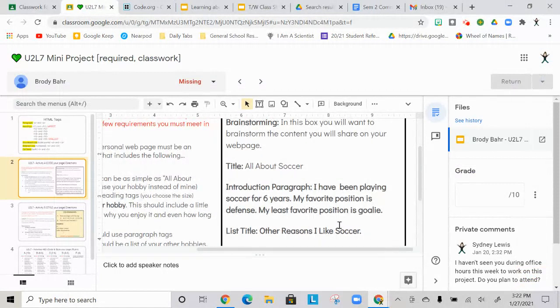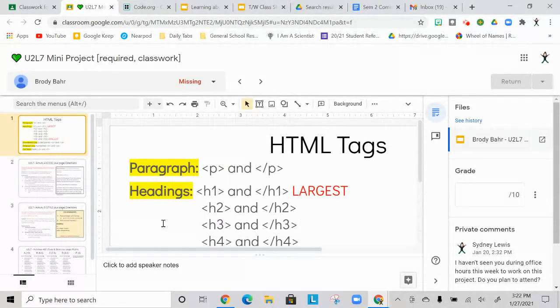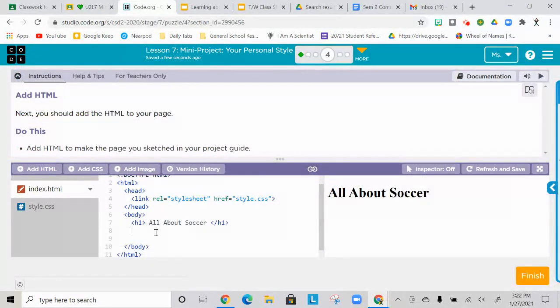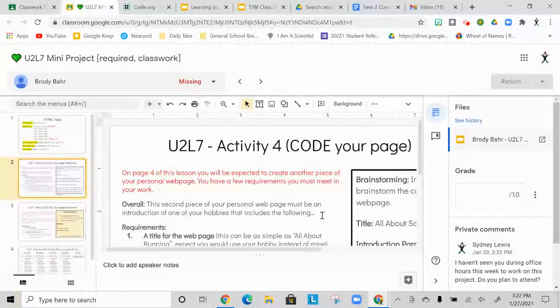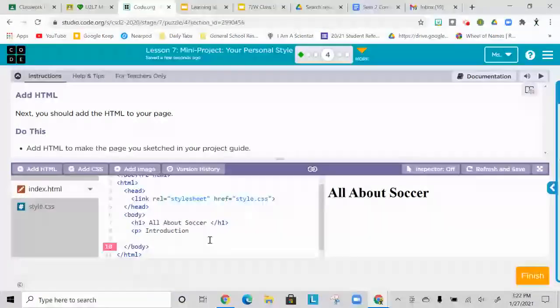So I go back here. Next I have my introductory paragraph. Go back to those HTML tags and I see my paragraph needs to be surrounded by P and end P. So I start with my paragraph tag and I write my introduction. Of course, you're not just going to write the word introduction because you actually have an introductory paragraph all ready to go. You're going to put your introductory paragraph in there,